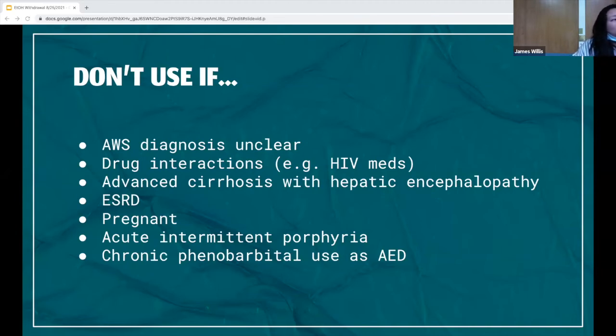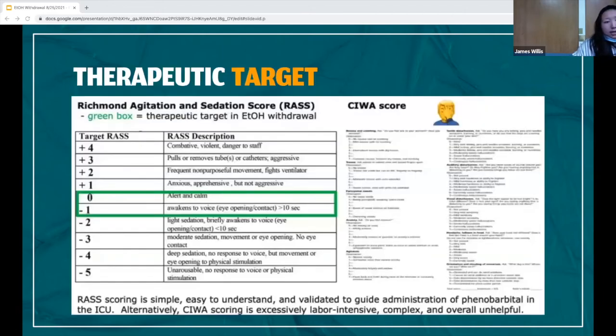And if they are on chronic Phenobarb for seizure disorder, they might actually already be therapeutic. So giving them Phenobarb as withdrawal therapy might not actually be helpful and might have a high risk of toxicity. Whether you choose to go with the RAS or the CIWA scoring scale for your withdrawal patients, it's important to do serial assessments. You really can redose benzos and Phenobarb as needed. You really want to get their symptoms under control within our ED evaluation. And I'll talk a little bit more about that later.